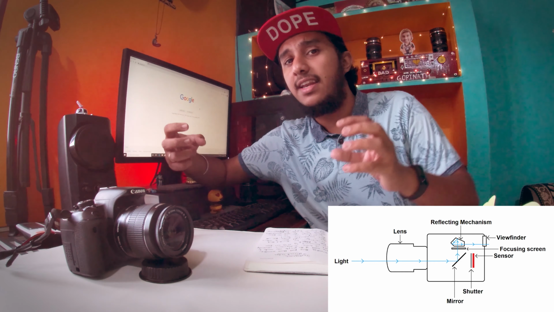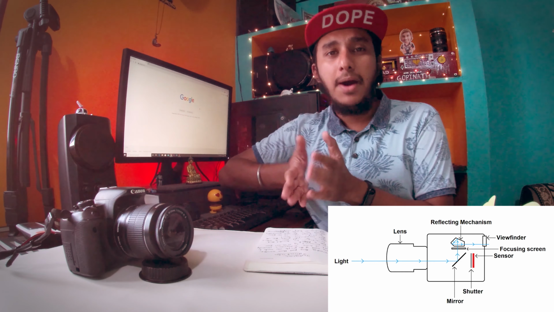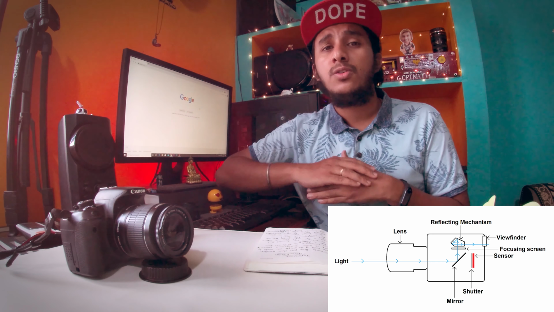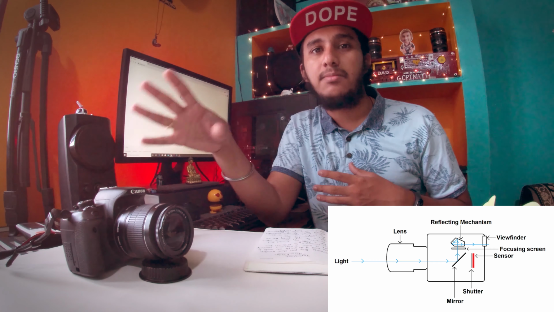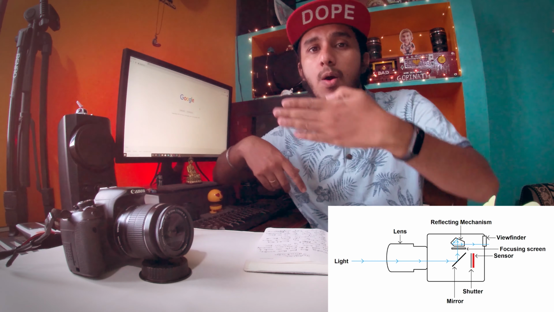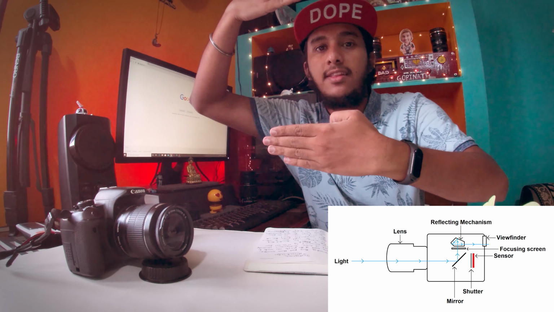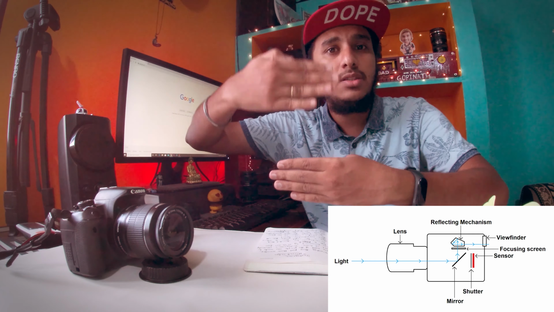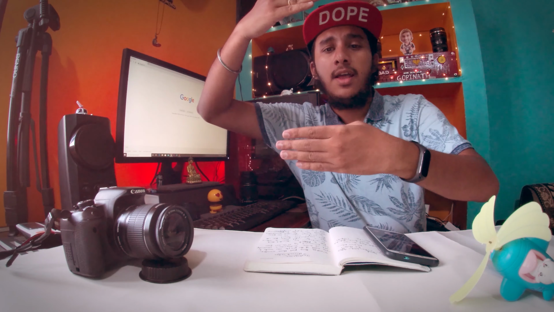So the light entering the lens falls on the sensor, but the amount of light entering the lens is controlled by the shutters. There are actually two shutters inside the camera. When the shutter button is clicked, one shutter slides down and another shutter follows along with it. There is a small gap through which the light enters the sensor. If you have a higher shutter speed, this movement will be faster. If you have a slower shutter speed, this movement will be slower. That's how the shutter majorly is involved in capturing an image. So what is the shutter speed?